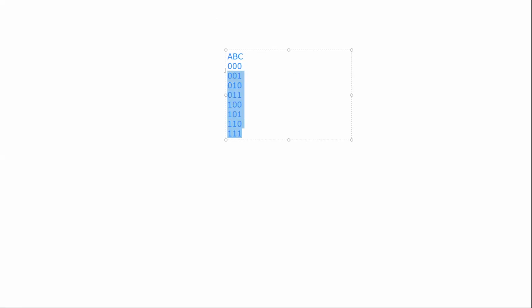Suppose we have a string of length 3, then these are all possible masks to generate a substring. Then 000 will generate an empty string. 001 will generate the string C, which means we are taking only C. And 010 will generate only B. And 011 will generate BC. And 100 will generate A. And 101 will generate AC, and 110 will generate AB, and 111 will generate ABC. So these are all possible substrings.